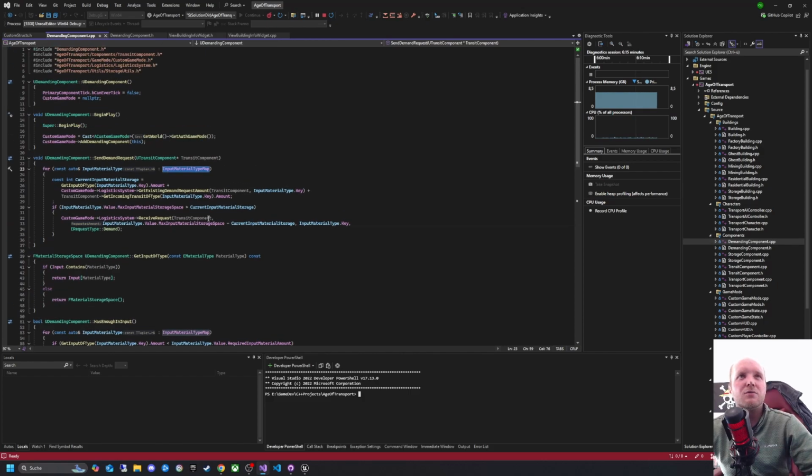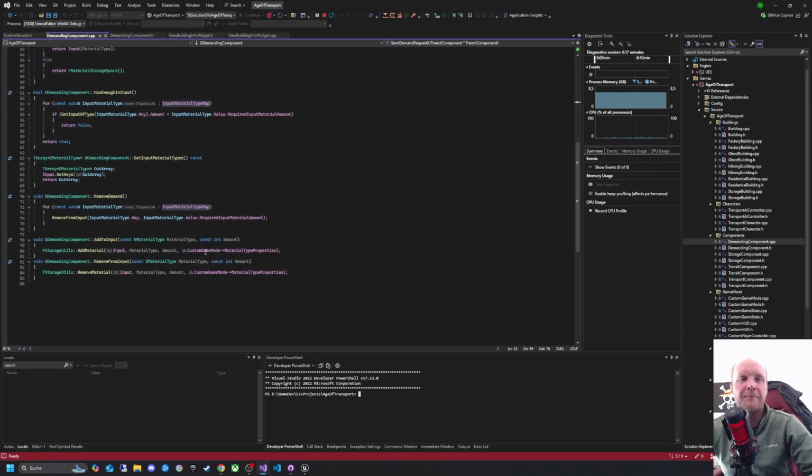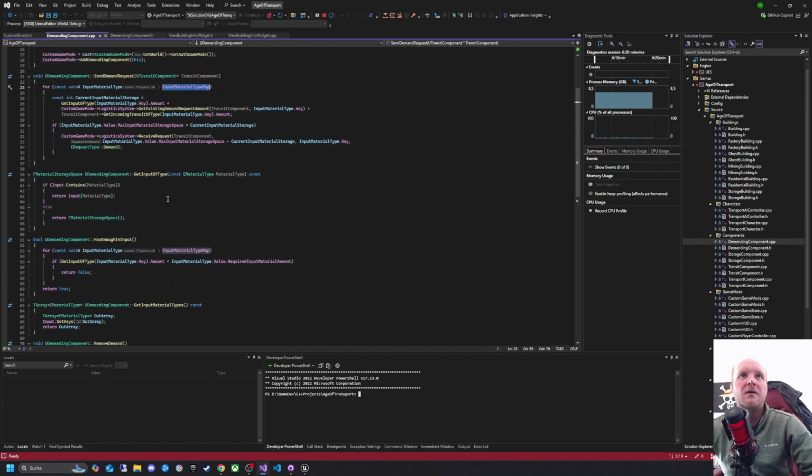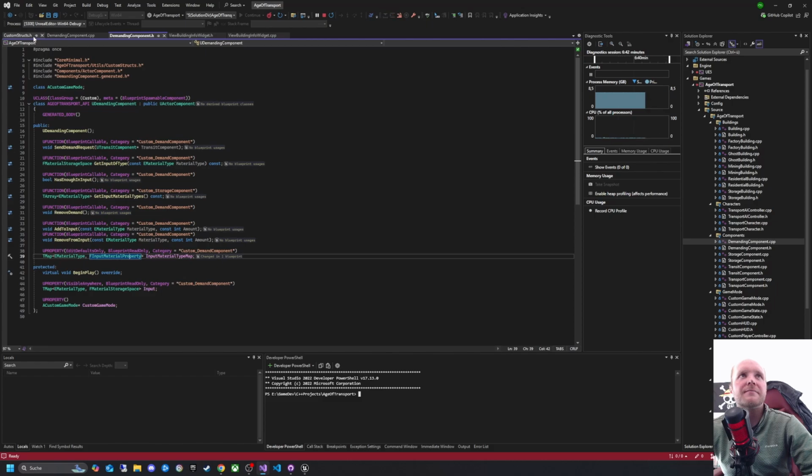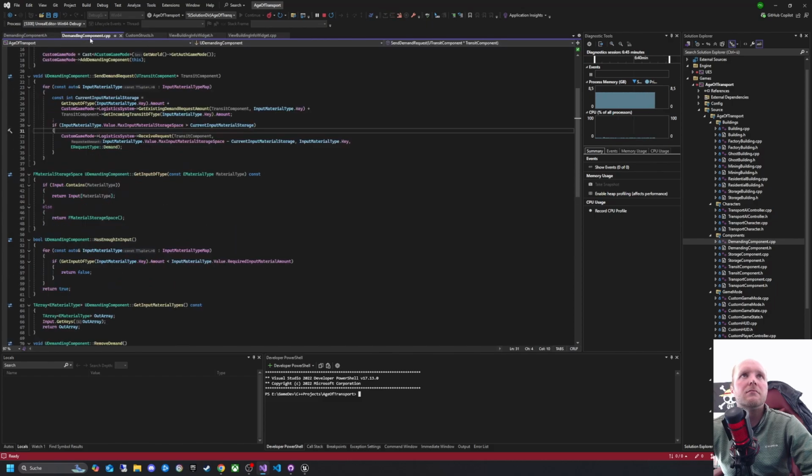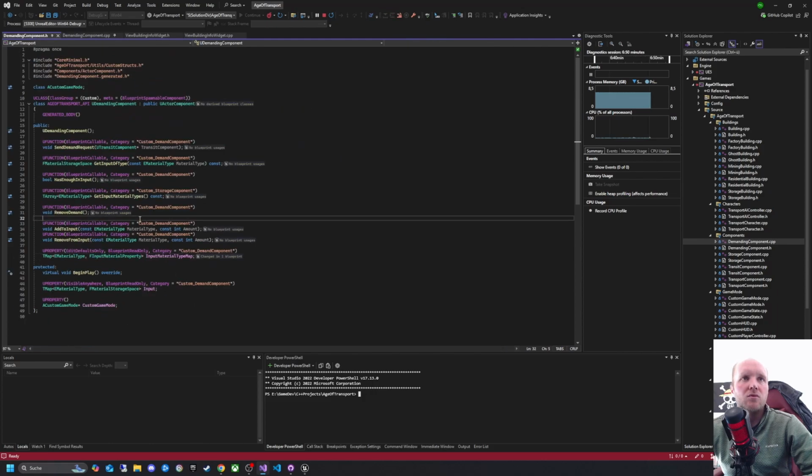Okay, we will make a function here to get this maximum input material storage space for a specific material type. Yeah, that's what we need. So